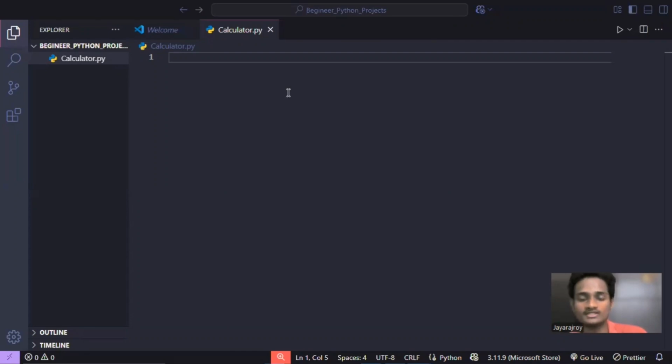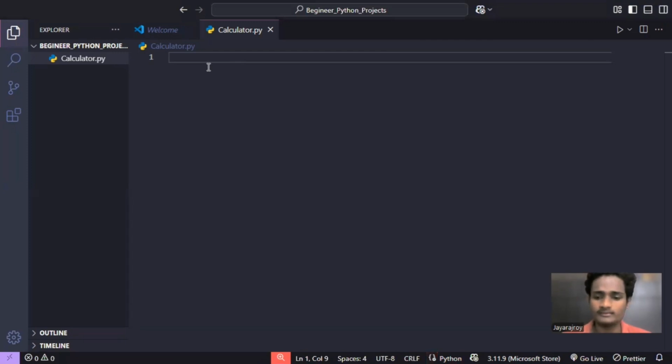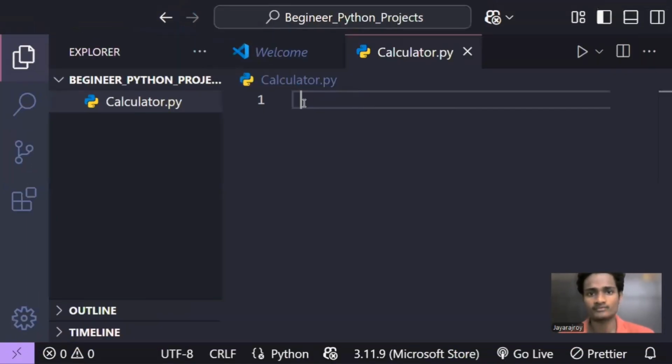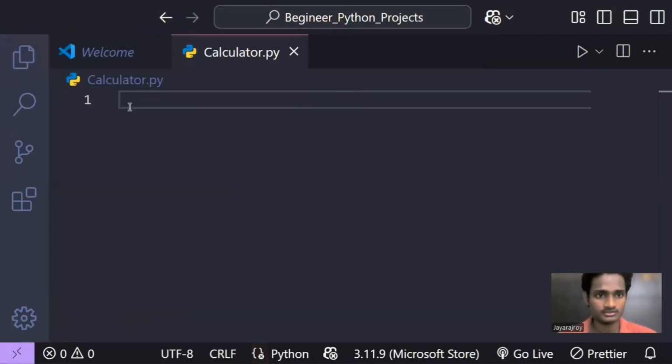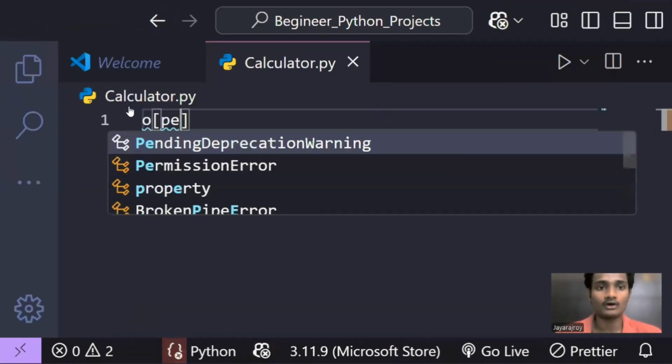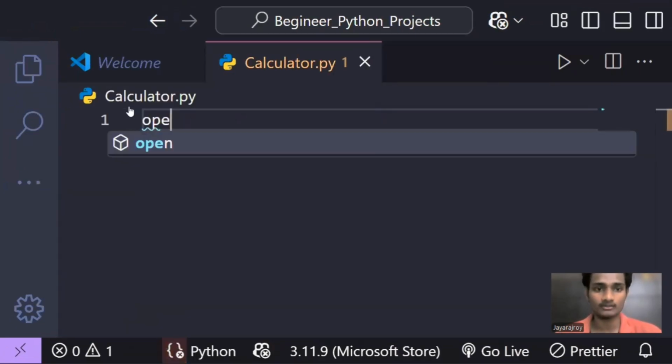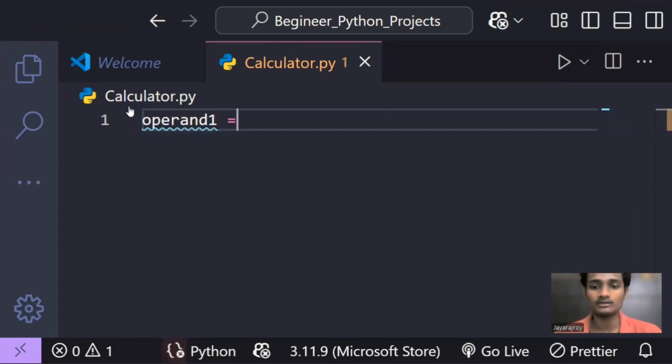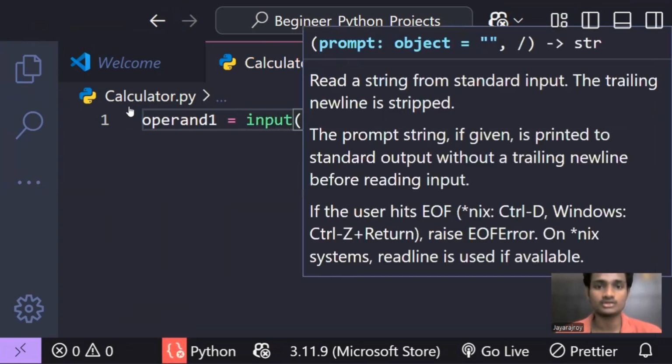Now let's enter into the coding part. Let me first create a variable. Let me close this. Yes, I think it's visible for you right now. I will name the variable operand. Operand 1 is equal to, I will ask the user to enter